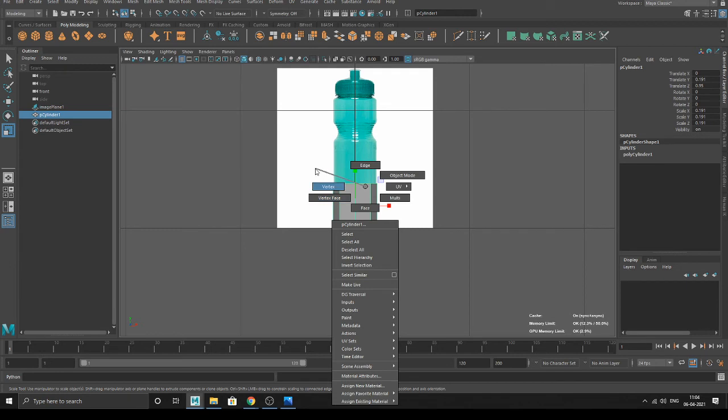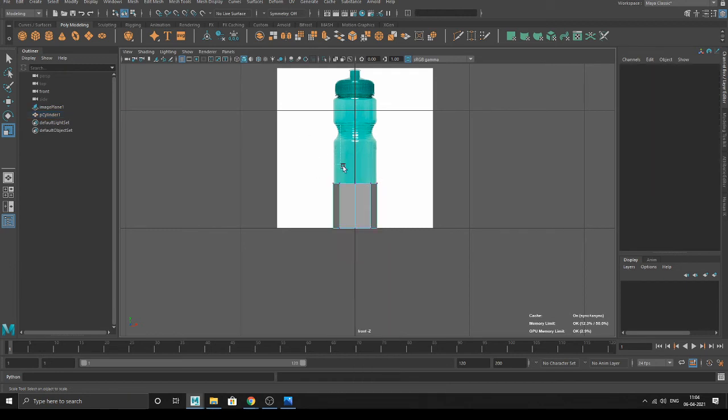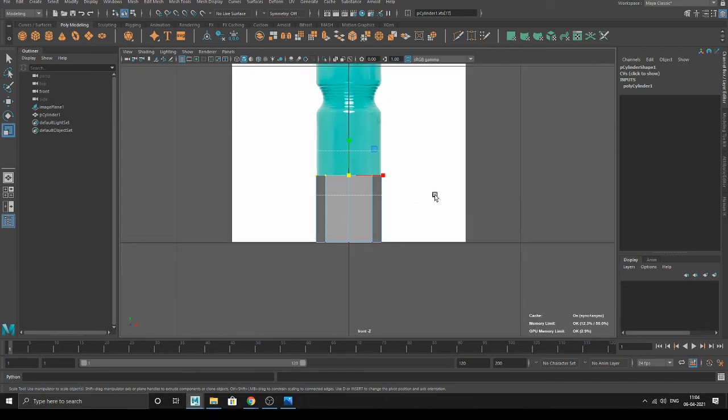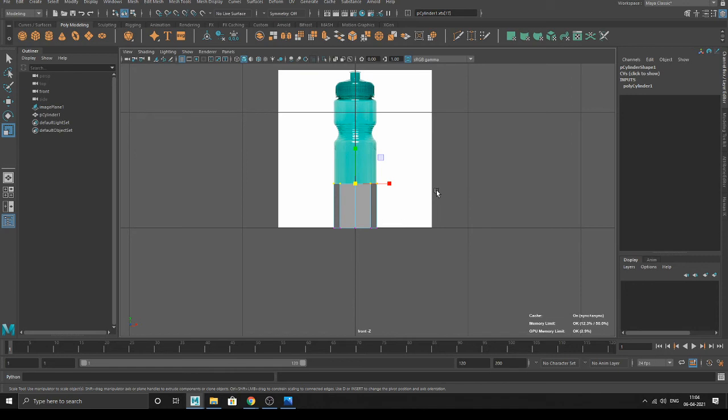Yeah, vertex mode. Go to vertex mode and select the upper vertex. All the upper vertex, I mean, in front view only. Okay, select all the vertex, and with the help of the move tool, take it and move it above like this. Alright, till this much, because the upper part is the lid part. Okay, we'll create it later on. The bottle is only till here. Okay, till here.